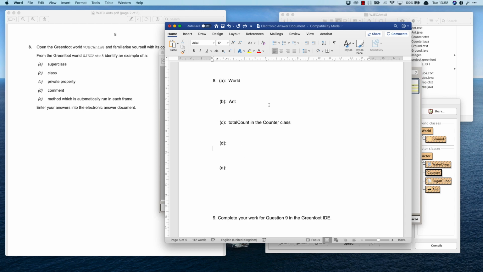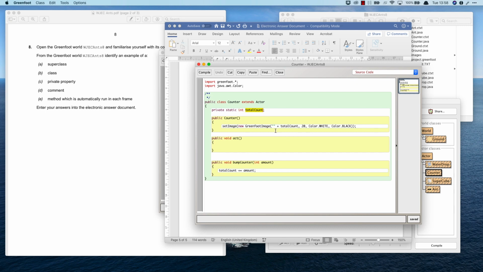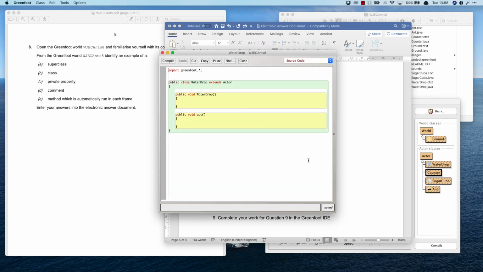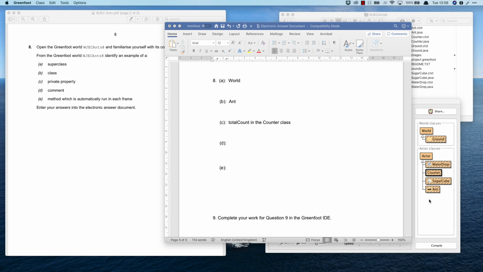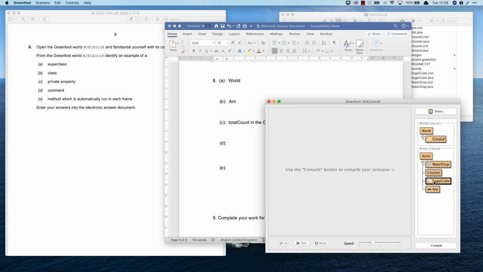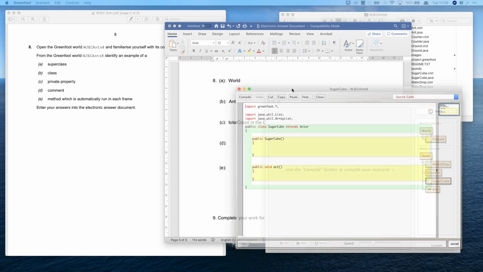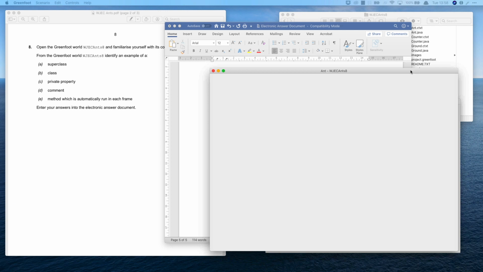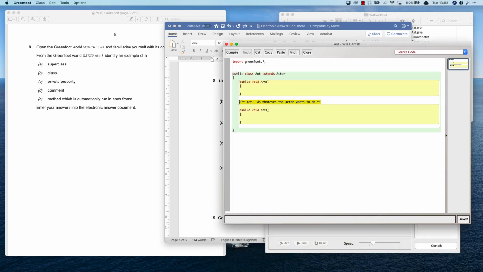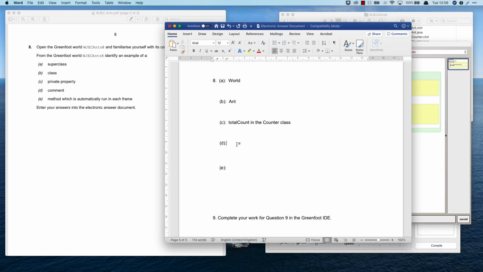D is a comment. Now, hopefully comments are straightforward for everyone. There are some comments here, but there's nothing in them. Let's see if we can find a bit of a comment on one of the files where there's something written in them. That it's not always the case. We may have to. Let's have a look on the sugar cube. Nothing in the sugar cube, unfortunately. Let's look in the ant, and hopefully there'll be something. There we go. It's just a case of looking through. There's a comment. We can copy and paste that